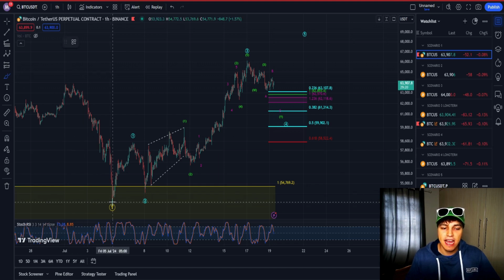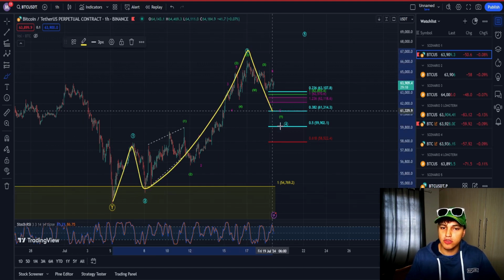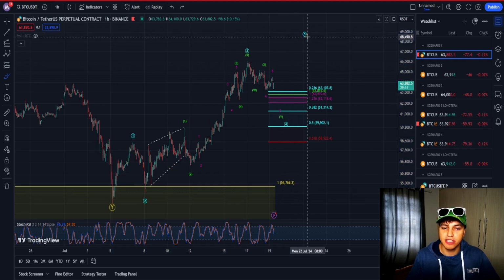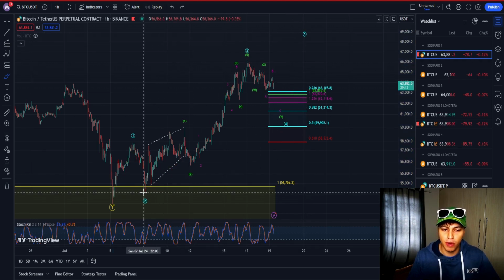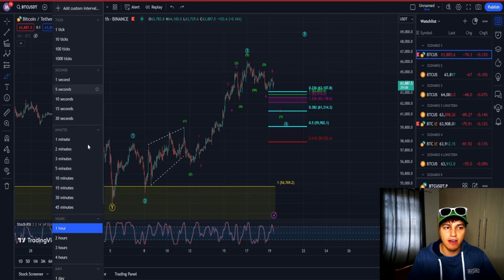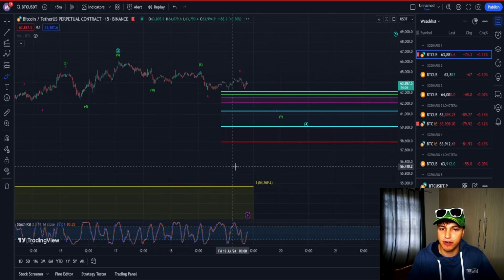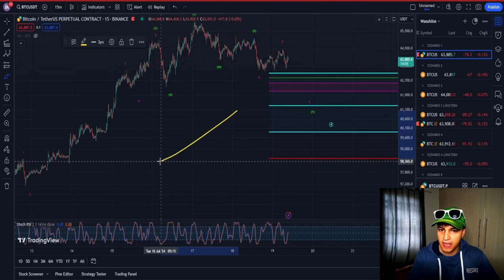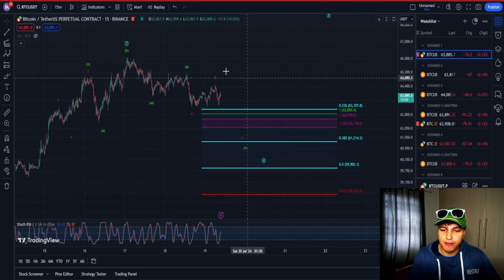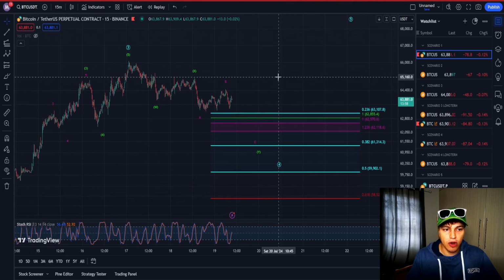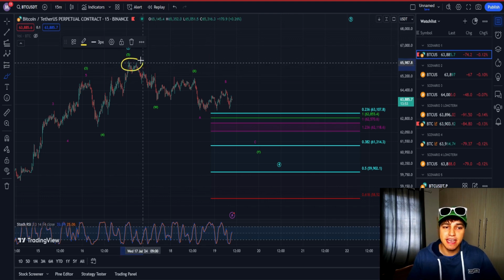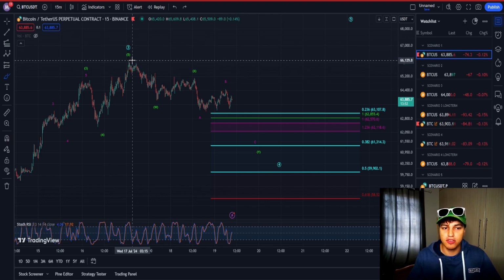We have a blue 1, 2, 3, 4 still coming in, and 5 to the upside. Inside this blue wave 3, we have a 1, 2, 3, 4, 5. Now, if we go to the 15-minute time frame, we can see that we have at the moment an unfinished wave 4. Now, this is the scenario where the top of wave 3 is here, marked off at about